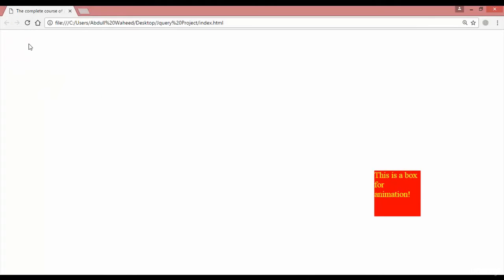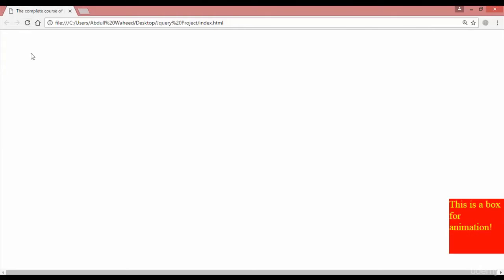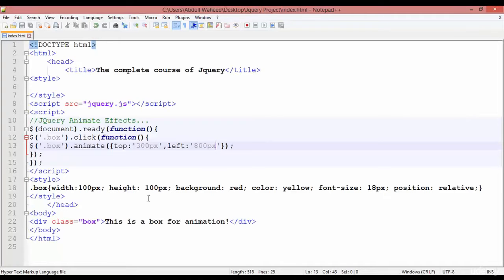Again refresh, click on this. There are different ways to create animation. This is a simple way, we can say, that we can use some margin from the top, from the left. If you want to use some margin from the bottom or right, put a comma here, right. For example, from the right,